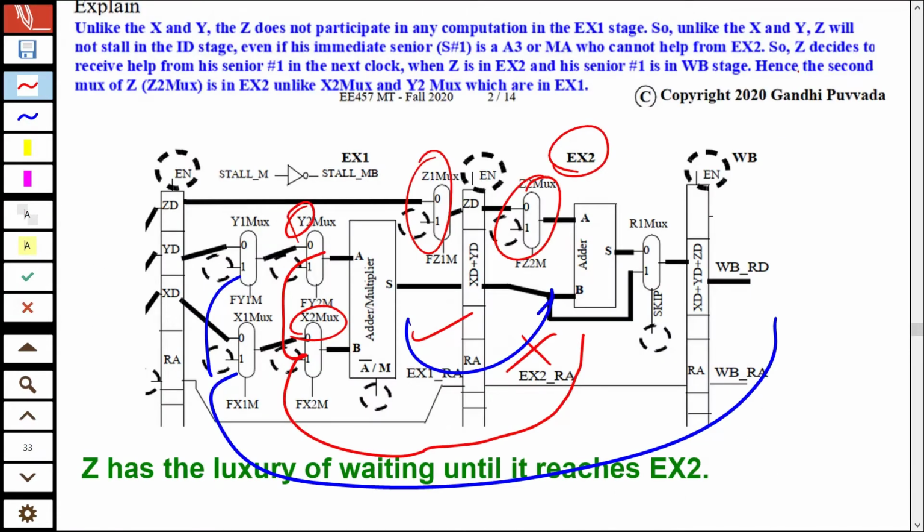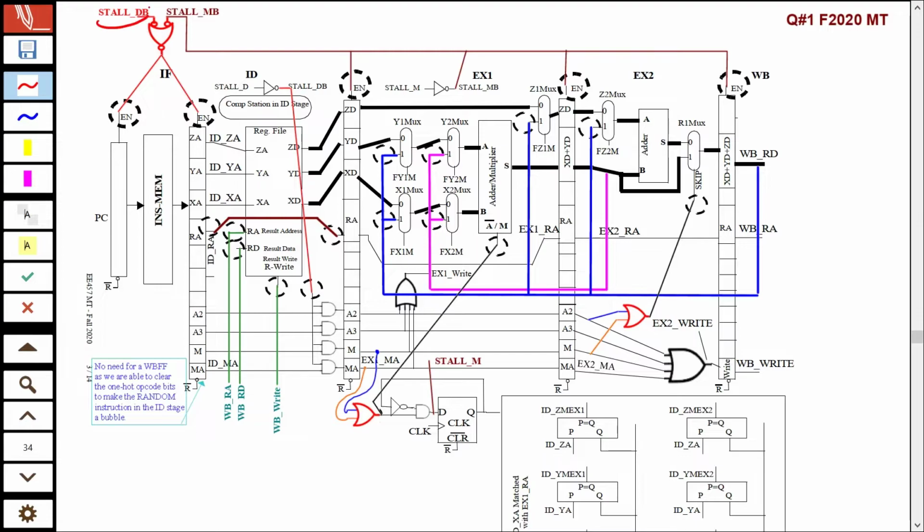So please notice this, that there's a stall dependency bar, stall dependency and stall dependency bar, and stall multiply bar, and they're combined. Whichever stall it is, yes, I and you have to get stalled. So whether it is stall dependency bar or stall multiply bar, if I find a 0 here or a 0 here, I will generate a 0 here. That's negative logic OR gate, which is positive logic AND gate. Okay. And this is saying